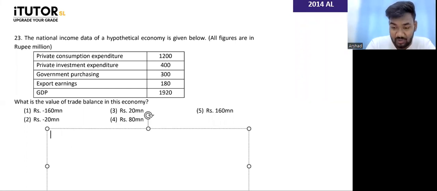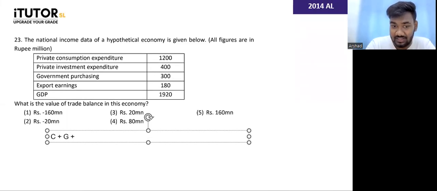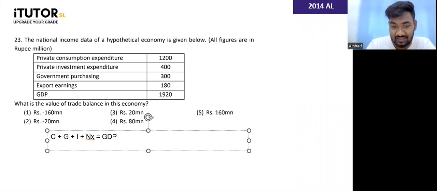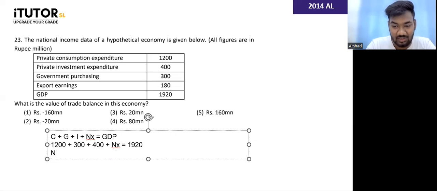So in the expenditure approach, what do you have? Private consumption plus government consumption plus investment plus net export is equal to GDP. So private consumption is given as 1,200, government purchase is given as 300, investment is given as 400, and net exports is your trade balance, guys. You need to find your trade balance. Trade balance is net exports. Guys, again, remember unit number 10, we learned this as well. You don't have to know unit number 10 to know this. GDP is 1920. Can you move things around and tell me how much is net export?